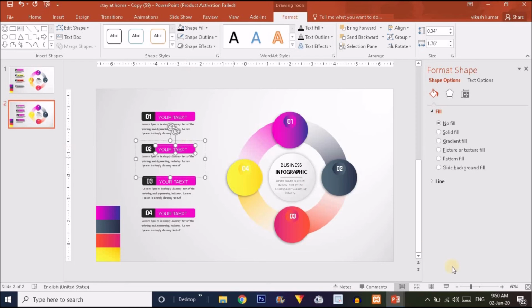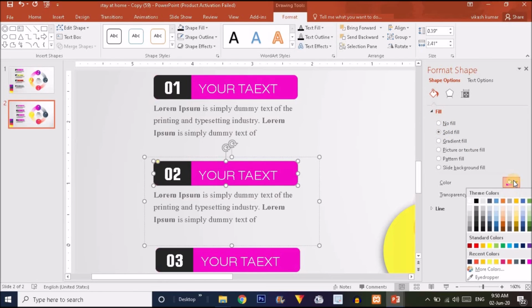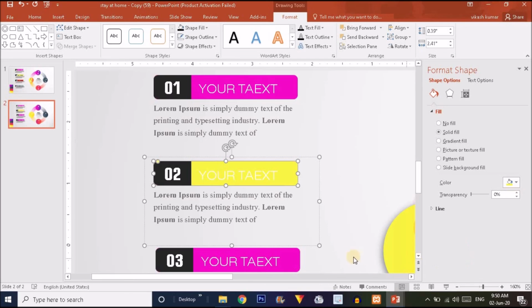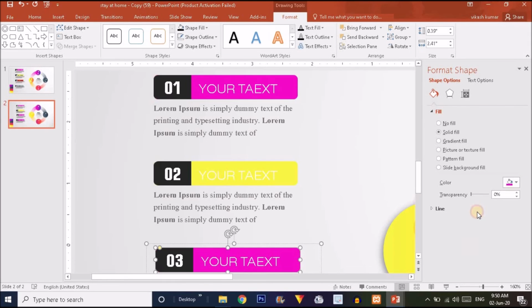So I'm going to zoom in a little bit over here and choose this shape and select the solid fill option. Let's choose a yellow fill over here. Now select this shape over here and choose a black shape over here.